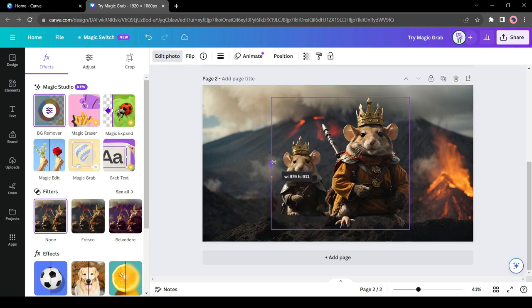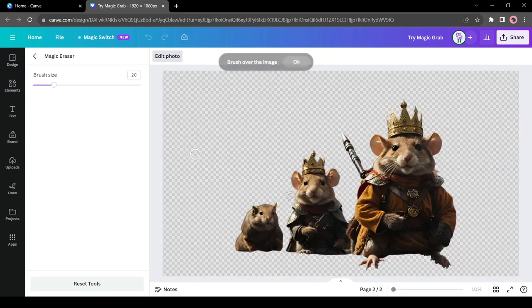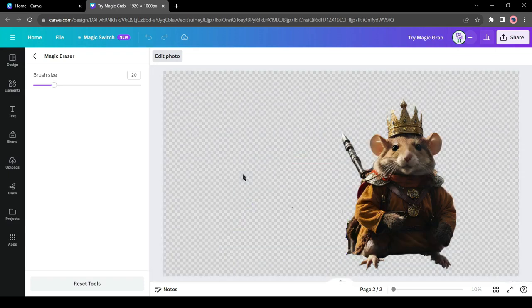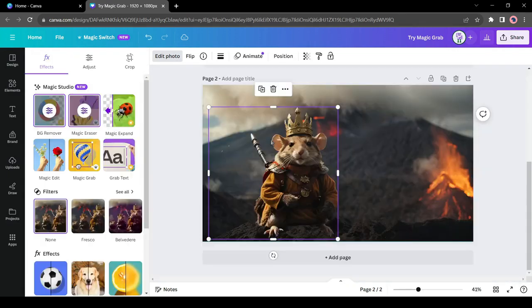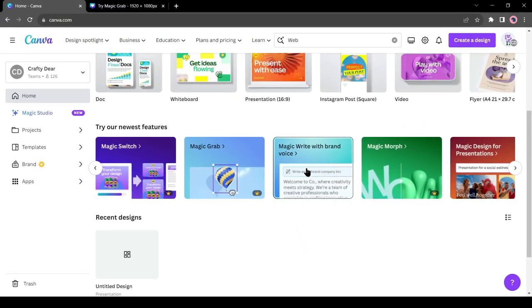Now we can erase any of the mice with the Magic Eraser tool. Just select the Magic Eraser tool and then select the area you want to erase. It will remove the object immediately. There are some other tools also available here. I will talk about them later. Before that, let's try the Magic Write